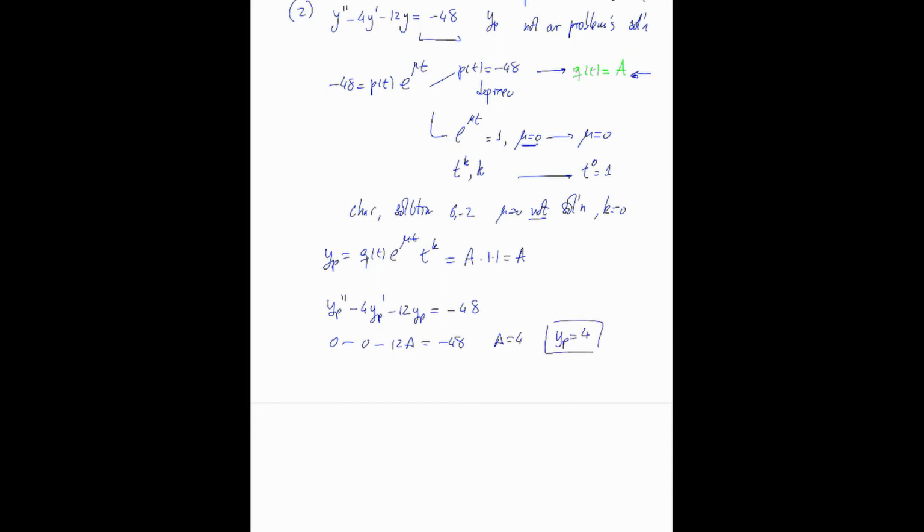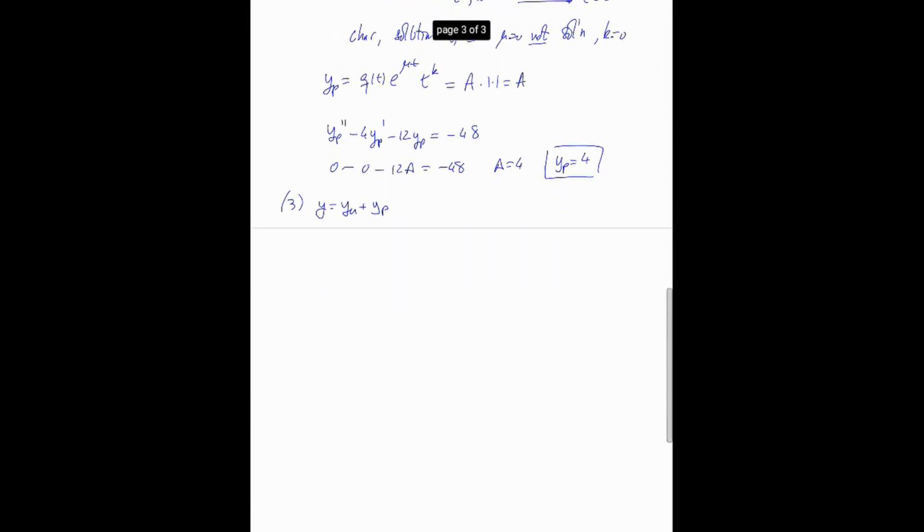So the third step is simply that the solution to this is the homogeneous plus the particular. Go back to the video or what you have written, because you must have somewhere the homogeneous solution, which was a constant times e to the 6t plus another constant times e to the minus 2t, and the particular was equal to 4. So my solution, which I'm going to write now as p, because the problem was on p, p of t will be the homogeneous part